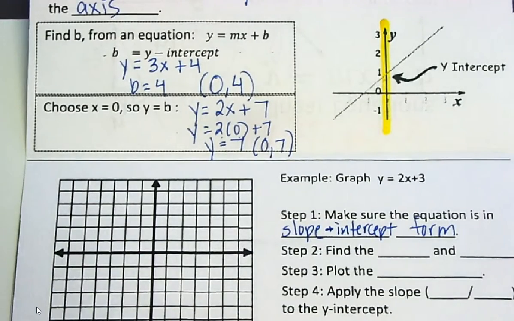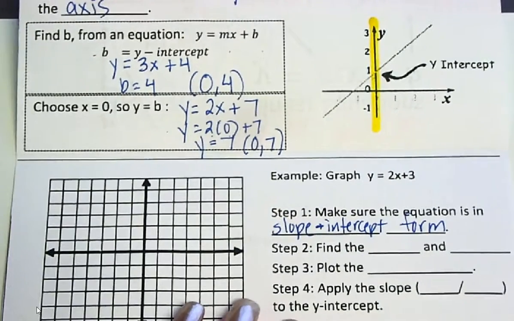That's slope-intercept form. It has your slope and it has your y-intercept. It has to have y by itself on the left. So you can change your equations. We're not going to do much of that this year. But if it's not in slope-intercept form, you can solve the equation for y, just like we've solved equations for different variables as we've gone through our multi-step equations. And then once you get it into that form,